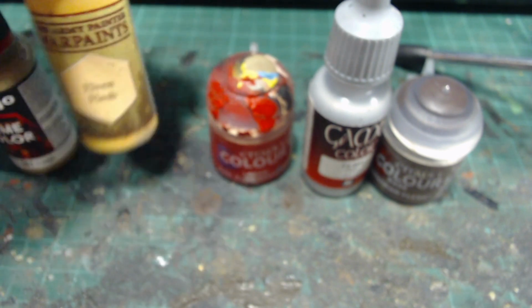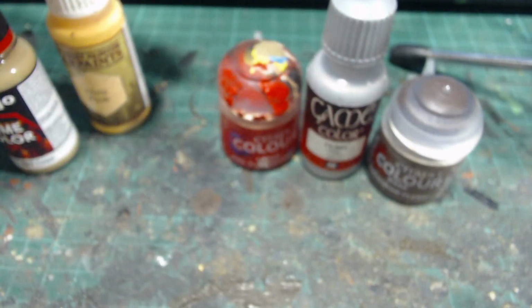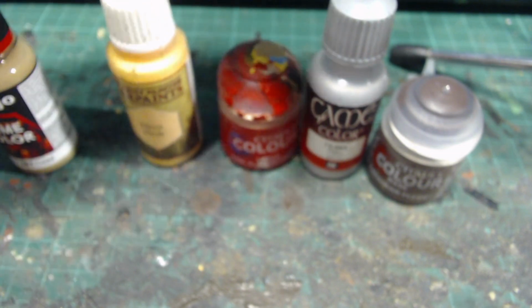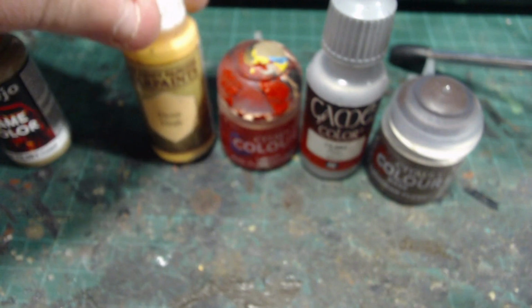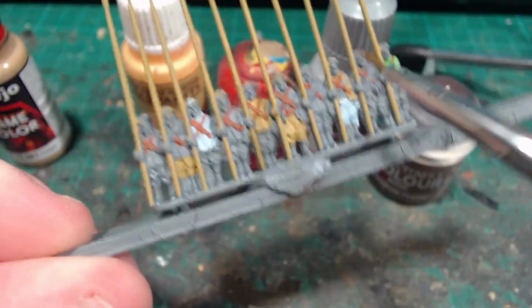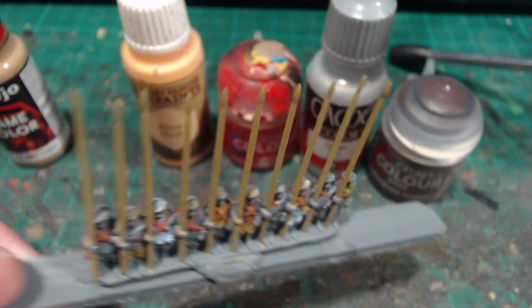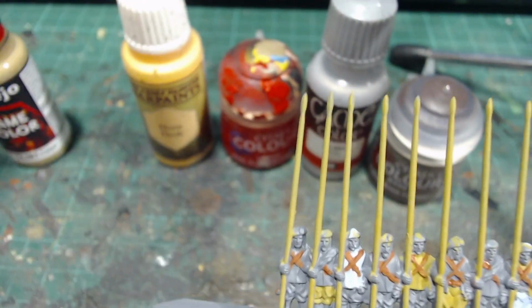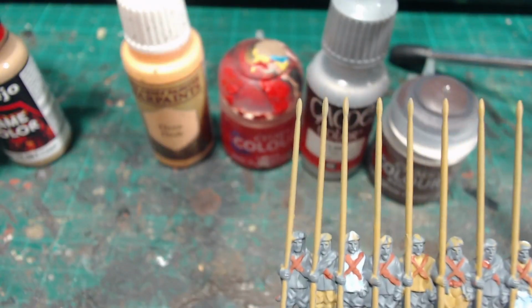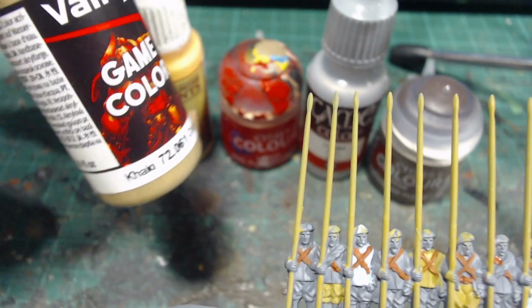Then Elven Flesh. This is just generic bright red and silver, but again, I'm not tied to brands, as you can see with the setup in front of me. Elven Flesh for the skin, which in this one, almost all of these is just the face. So it's just boom, boom, boom, just the face only on the front, because there's no face at the back. So that's quite a quick one. These are all quite quick steps, which is why I move them away from where the paint touches one another. And finishing up with khaki